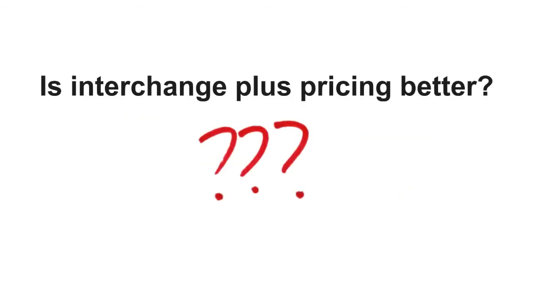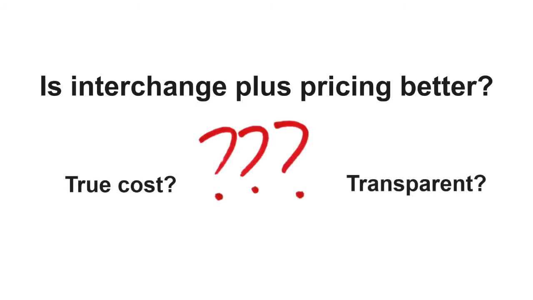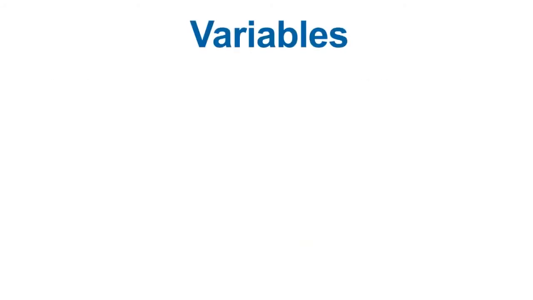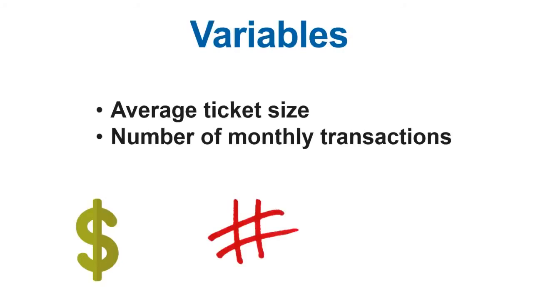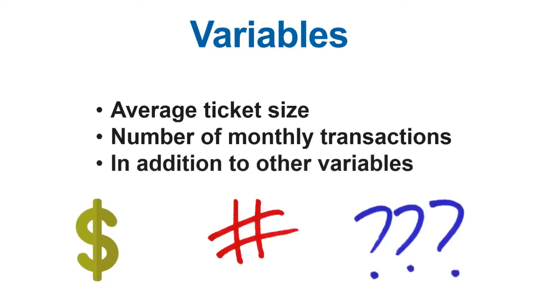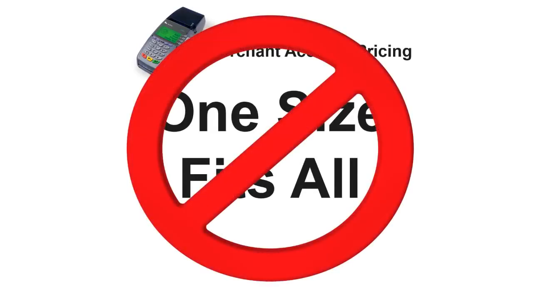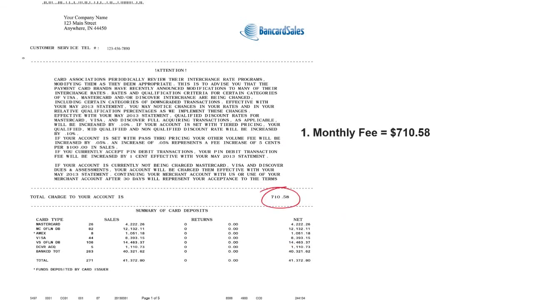It's widely assumed that interchange plus pricing is a better pricing model because it's said to have a true cost or a transparent pricing model, but that does not necessarily mean that it's a lower overall cost. Variables such as average ticket and the number of transactions processed each month, in addition to the pricing structure variables that we discussed already, determine whether tier or interchange plus pricing is best for your company. Merchant account pricing is not one size fits all. In the end, what matters the most is the total dollar amount in fees paid for accepting a certain